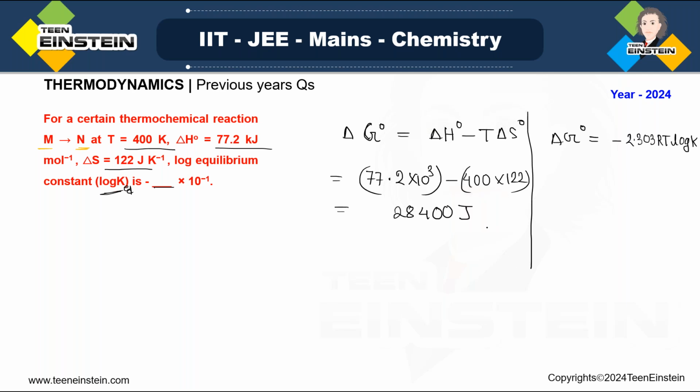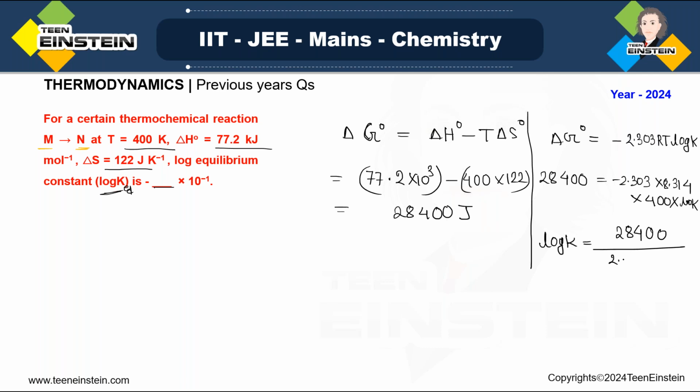Now this 28400 joule is basically the value of del G. Now if I put it here, minus 2.303, then multiplied by 8.314, multiplied by 400, multiplied by log K. So ultimately we can write log K is equal to 28400, because directly you have to find log K. It is not that we are only finding the K value. Directly we are finding log K